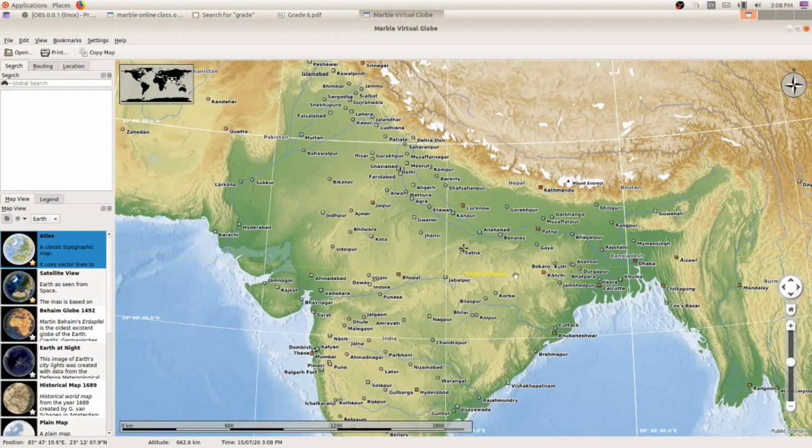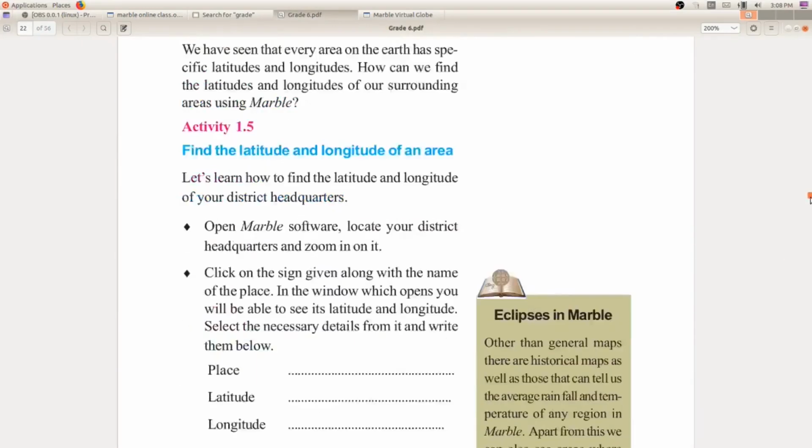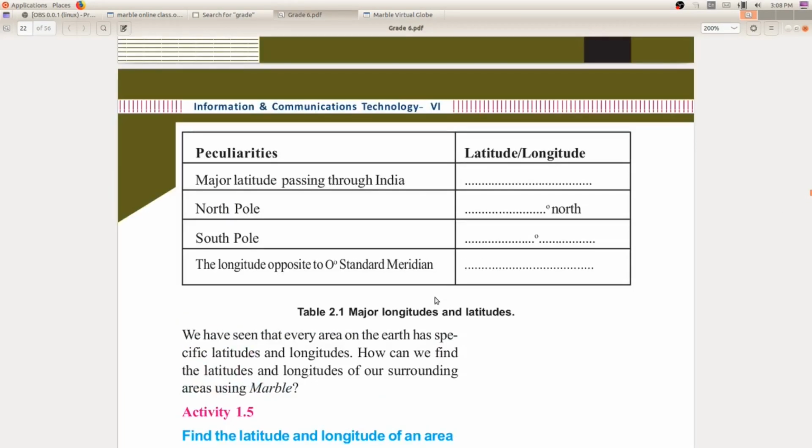Which is that? Yes, Tropic of Cancer. Okay, so in your textbook, page number 22, you can see